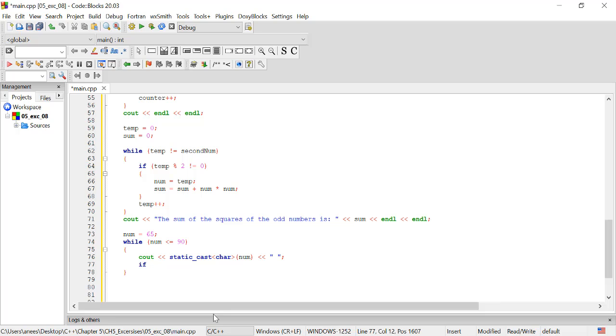Then we can write in if num is equal to 80,